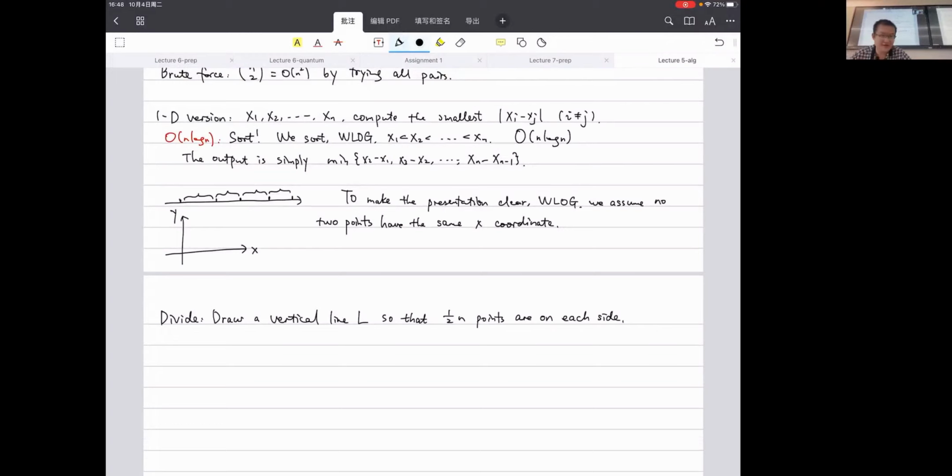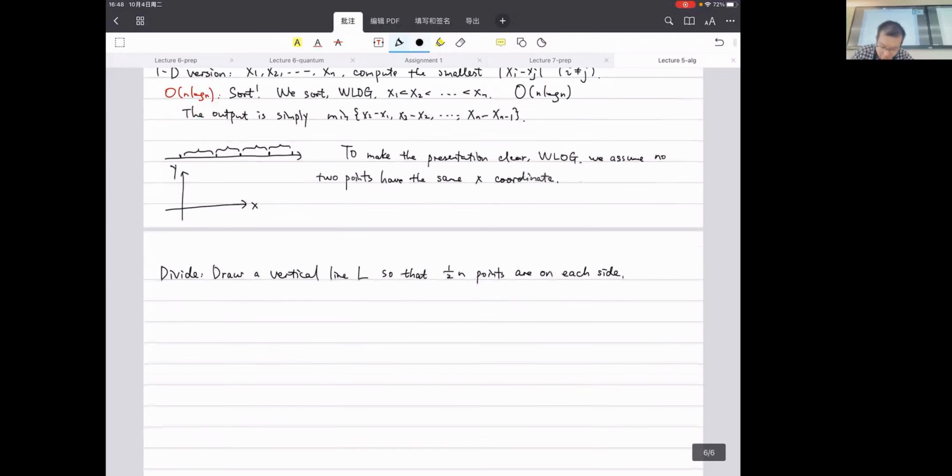So for the ease of our discussion, we can, without loss of generality, assume that n is a power of 2 here. We just draw a vertical line L, and also based on our assumption that no 2 points have the same x coordinate. This is just for the ease of our life, and actually it is not so difficult to relax. Assuming this, we know that we can draw a vertical line L so that basically n over 2 points are on each side. So this is actually doable